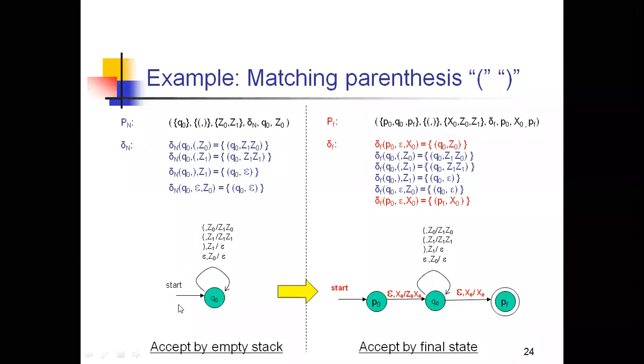And this is the representation of that, and the final state PDA consists of some final states, where you can take two states and make q naught a final state, or else you can use pf as a final state, whatever it may be. And these are the two ways of matching the parentheses, one by empty stack and one by final state. So please make a note of this example also. I'm giving you 5 minutes. Make a note of this, and please message in the chat box after noting it down. Then I will go to the next concept.